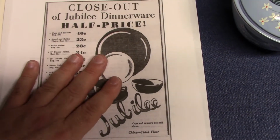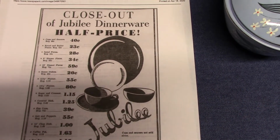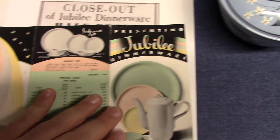And there are similar ads around this time period from 52. There's one in 54. I wish I'd printed it out now, but it says something to the effect, Jubilee has been discontinued, everything's like 80% off. So not a huge success,